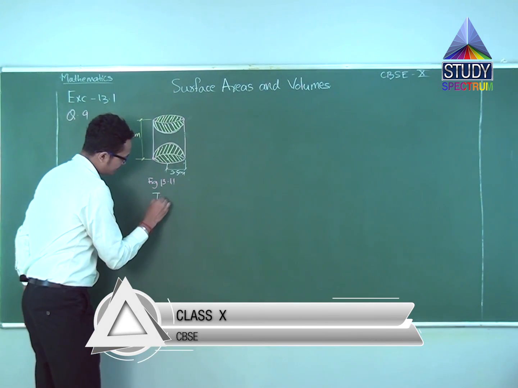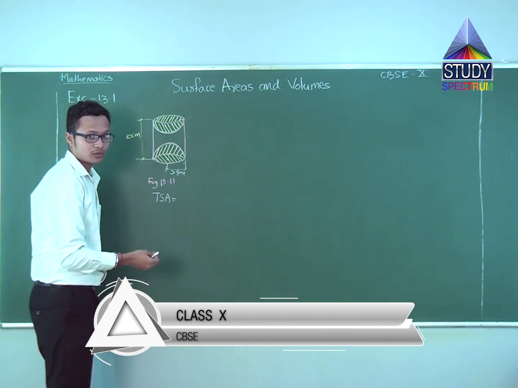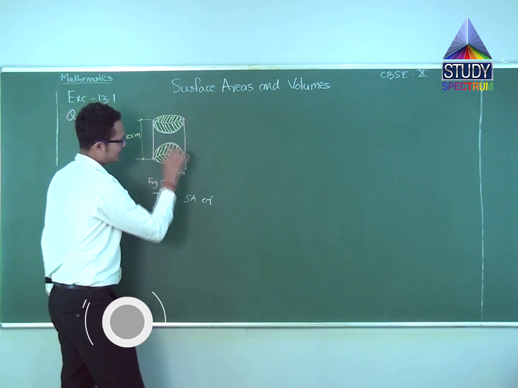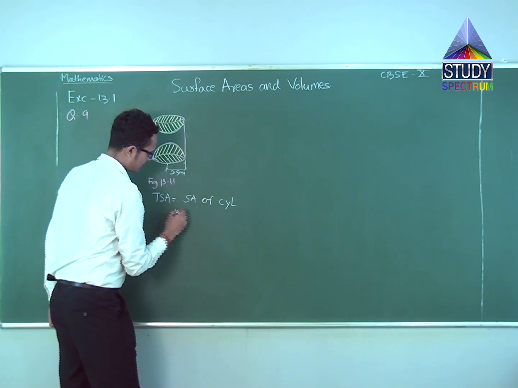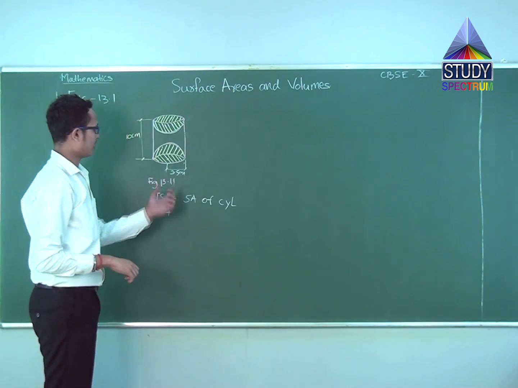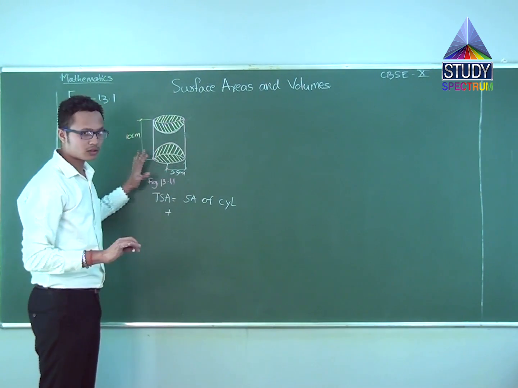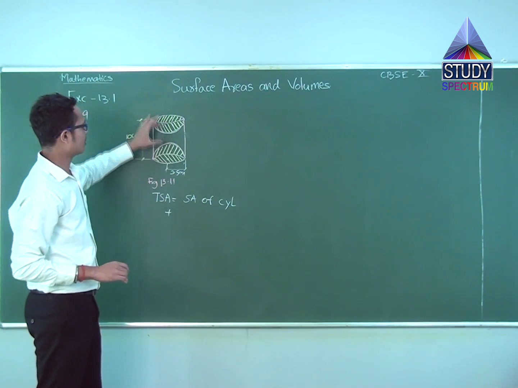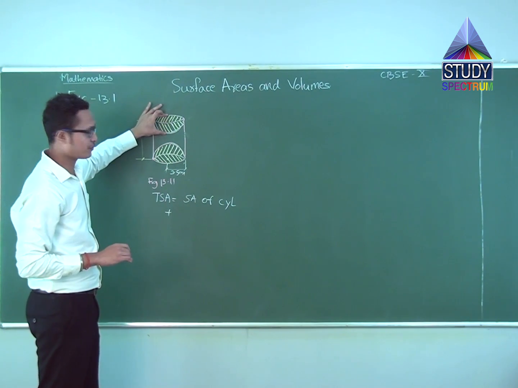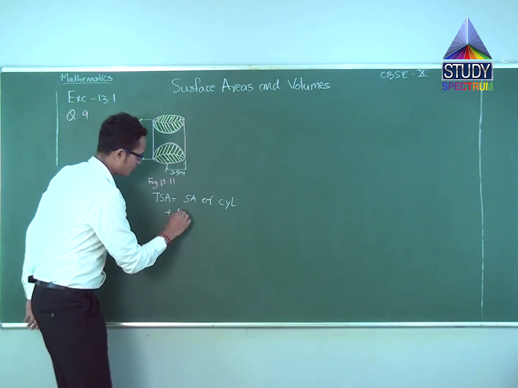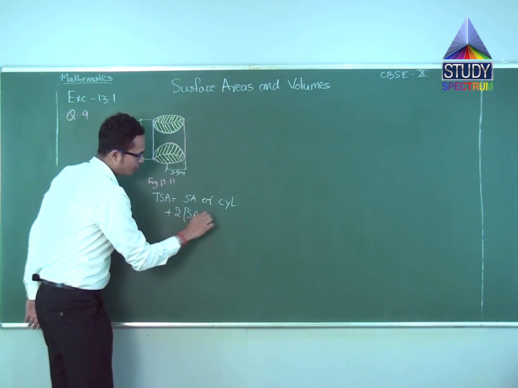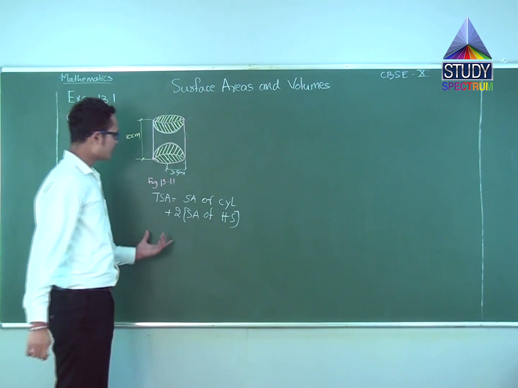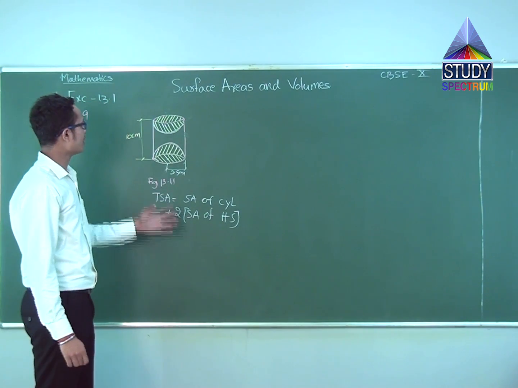Total surface area equals the surface area of the cylinder plus... are the dimensions changing? No, right? So this plus this: the surface area of the hemisphere plus the surface area of this other hemisphere, which is twice. So twice the SA of HS gives me the TSA, the total surface area of the wooden